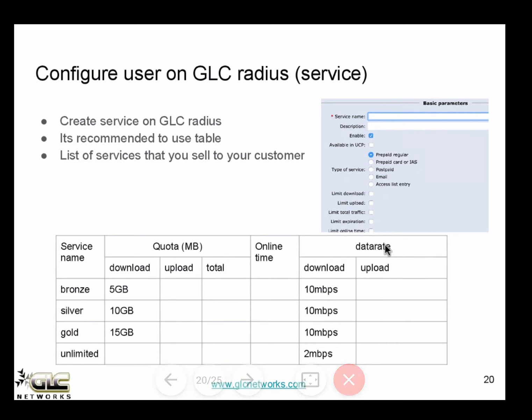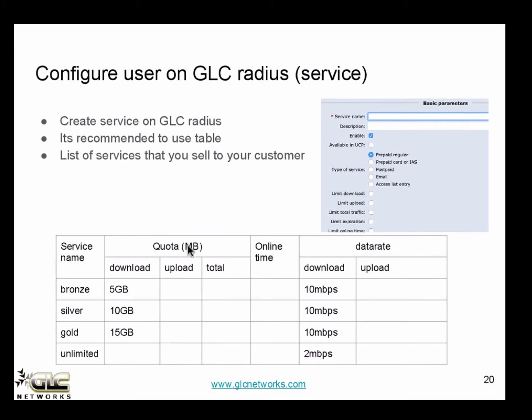These are the limitations that can be supported by GLC Radius. You can define bronze for 5 gigabytes of download. If they have already downloaded 5 gigabytes, the service will be stopped. They cannot access the internet unless, for example, they pay the price.